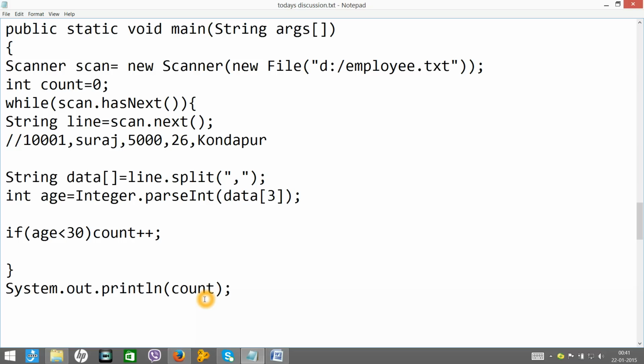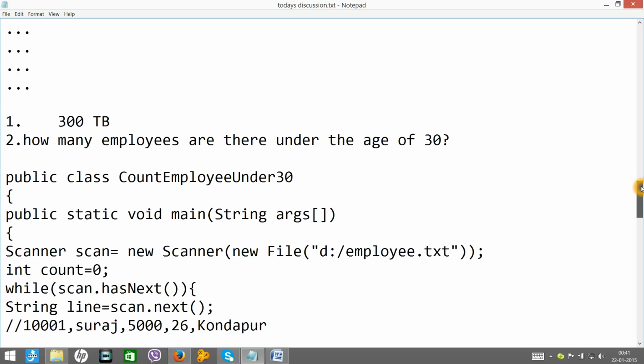I have just given a very small requirement here. Now the first problem we will get is storing that employee.txt, because the size of this file will exceed terabytes, let's say 300 terabytes.